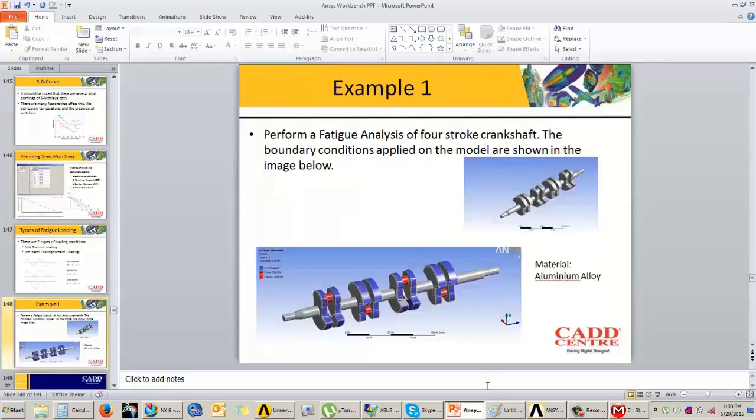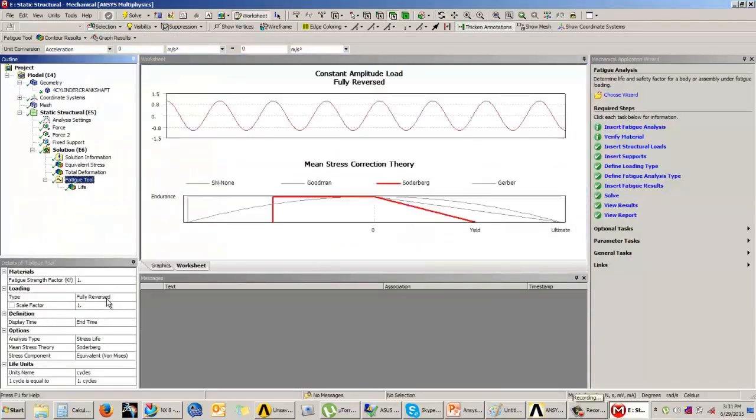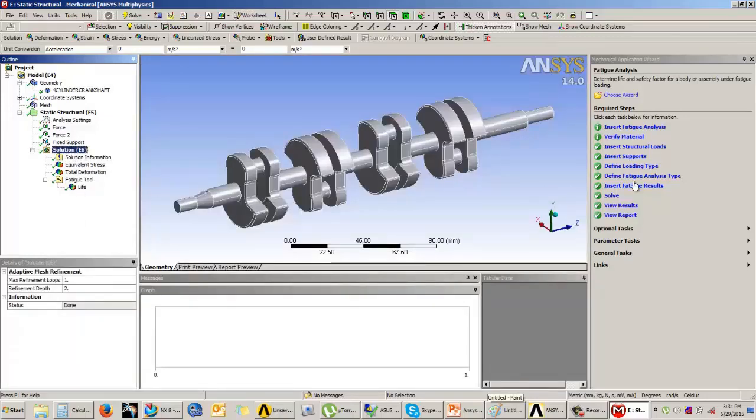And then we've taken this example. And always remember that the fully reversed type of loading will always have lesser life cycles as compared to the zero based loading. That means the fully reversed loading condition is much more severe as compared to the zero based loading condition. So this is how we will perform the fatigue analysis, and this is how we will use the wizards